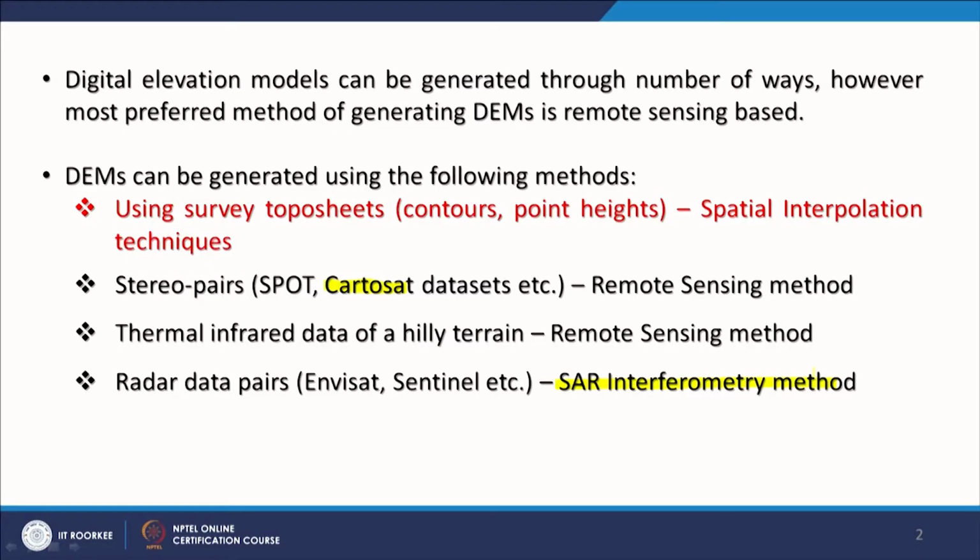And now the other method, which has brought really a revolution in digital elevation model availability at a global scale, is the SAR interferometry method, or InSAR as we say in short. This started basically with the SRTM, the Shuttle Radar Topography Mission. That was a mission of about 16 days, and during that time 80% of the globe was covered,